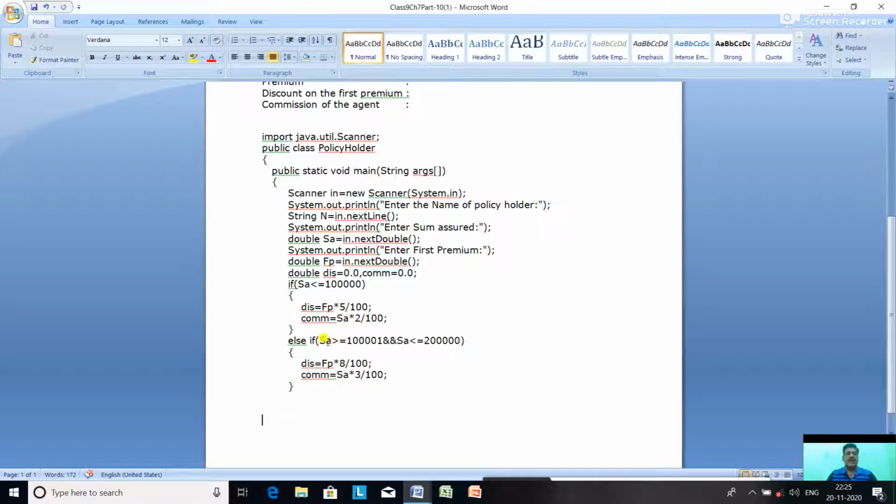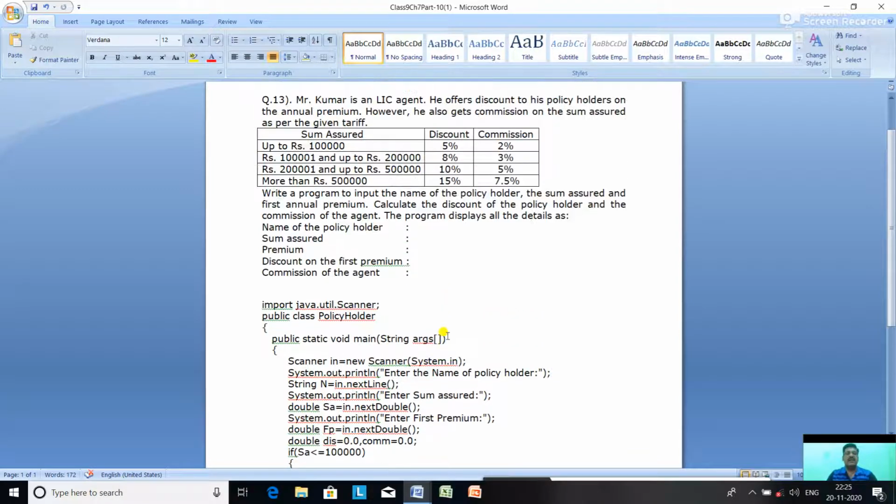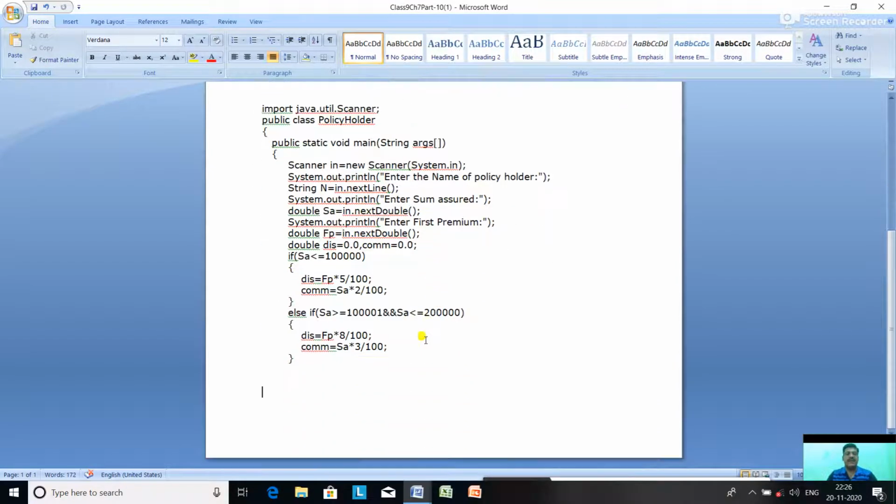Else if the sum assured is more than 1 lakh and less than or equal to 2 lakh, then discount is 8% and commission is 3%. So discount = FP, the first premium, * 8 / 100 and commission = sum assured * 3 / 100.